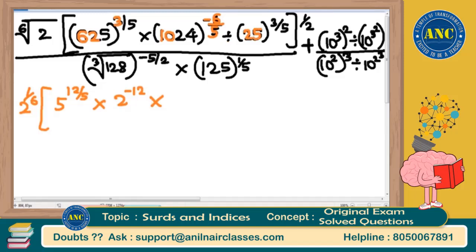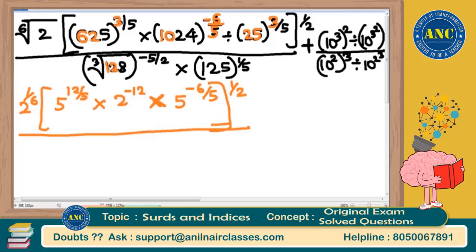25 is 5 square. 5 square to the power of 3 by 5, 5 power 6 by 5. But because I converted division to multiplication, it becomes minus 6 by 5. I believe that it is clear. This power 1 by 2, I will write it as it is. Whole thing divided by